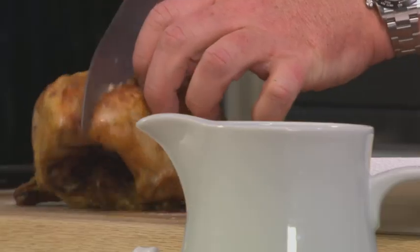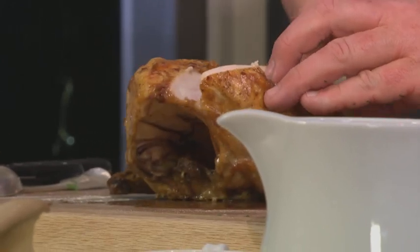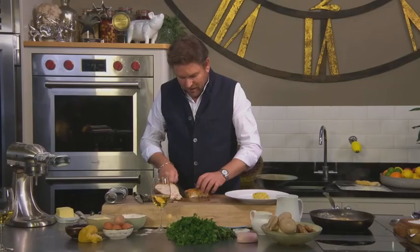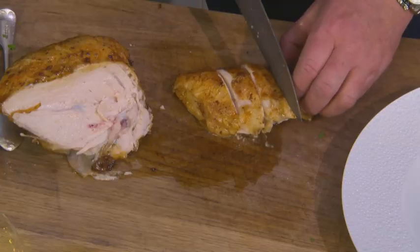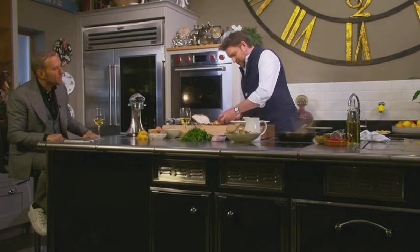But look, this is your chicken. We've got chicken cooked on the bone. And the key to this, with it being cooked on the bone, is it stays beautiful and moist. So roasted on the crown, which is amazing, like that. You can cut this through, and you've got your beautiful roast chicken, which we can slice up like that. And then the sauce, I've been reducing it all down. So this is your roast chicken